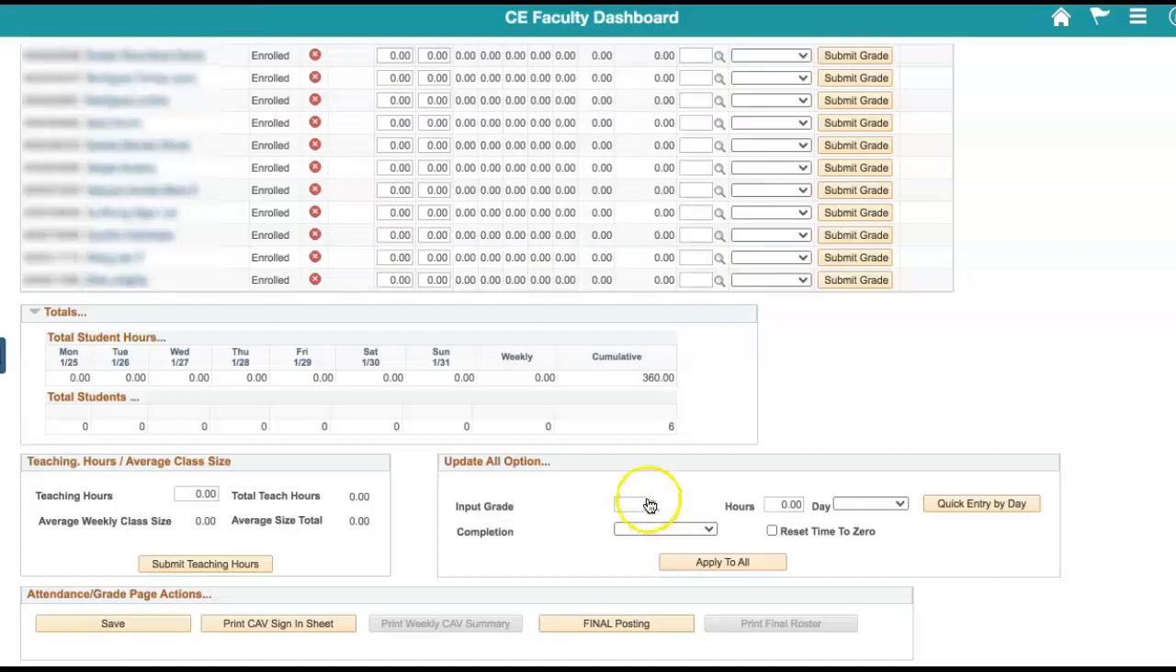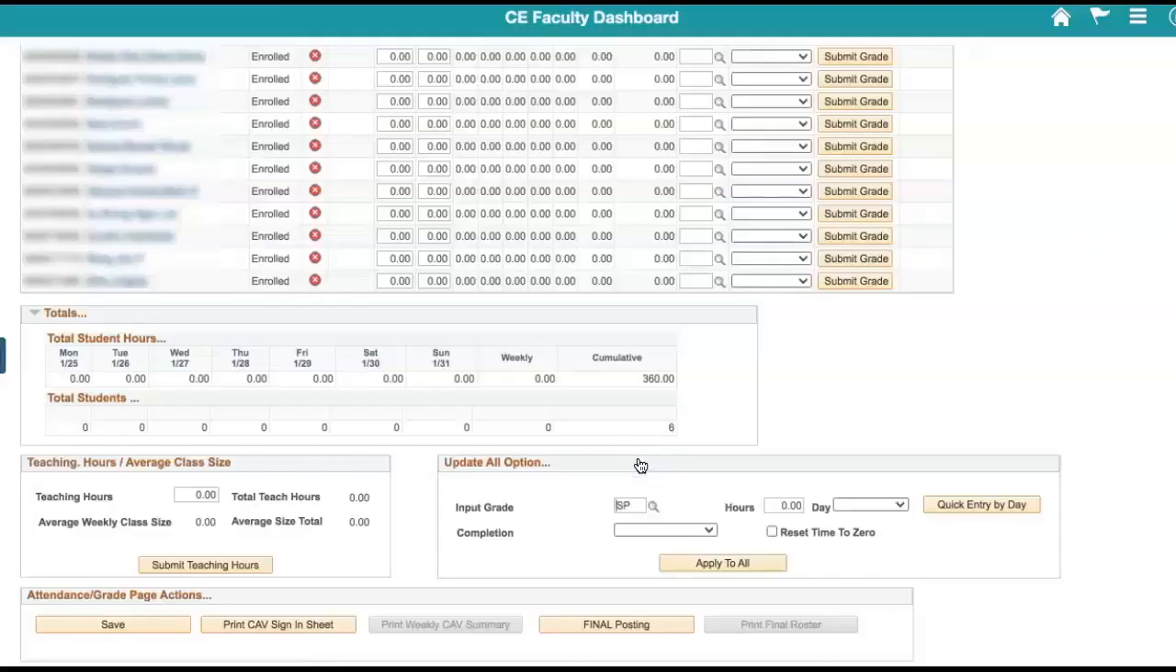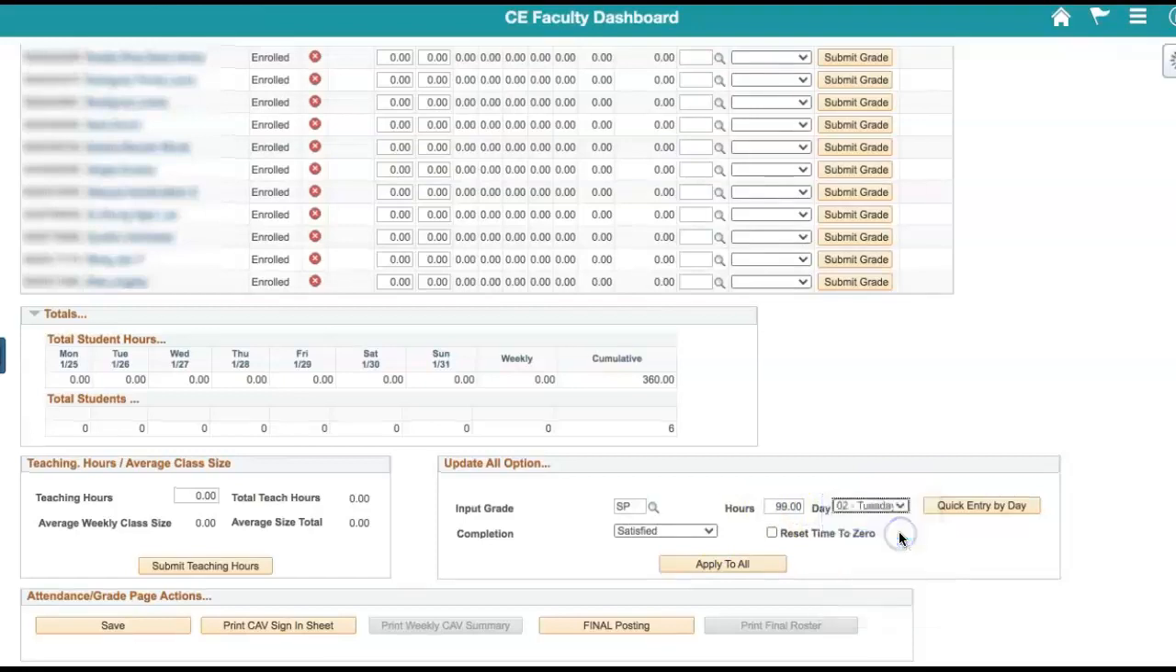So I'm going to give them SP. So our choices are satisfactory progress or ungraded. So I will give them satisfactory progress. For completion, this is whether or not they received a certificate. I have more students who received a certificate than not, so I will put satisfied for everyone, and then I'll go back and make those changes for students that did not receive a certificate. The hours, I'll put in 99, and this will go on Tuesday. Then I can just click Apply to All,